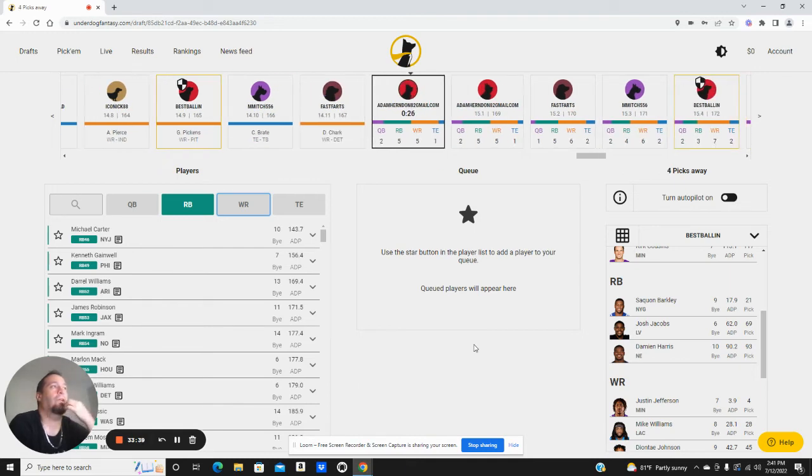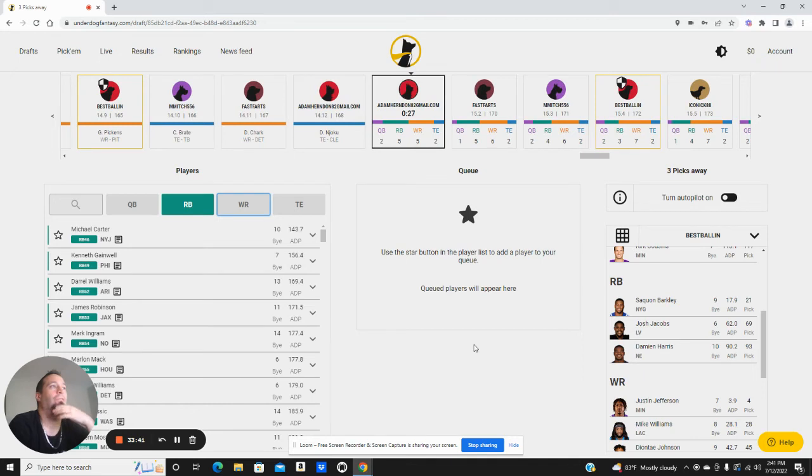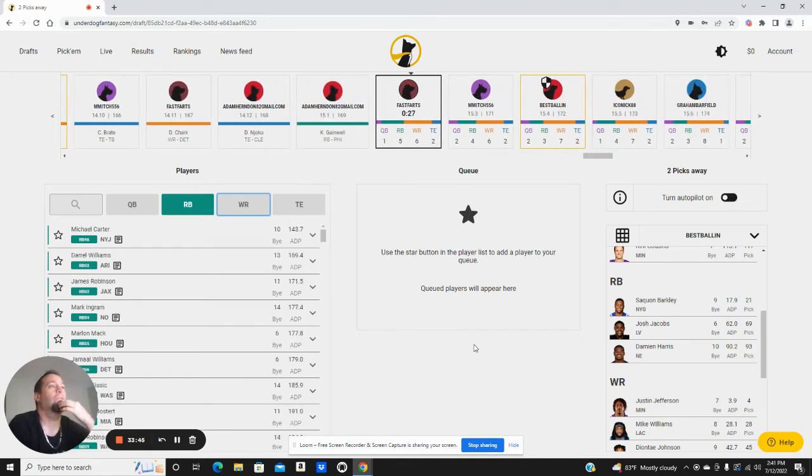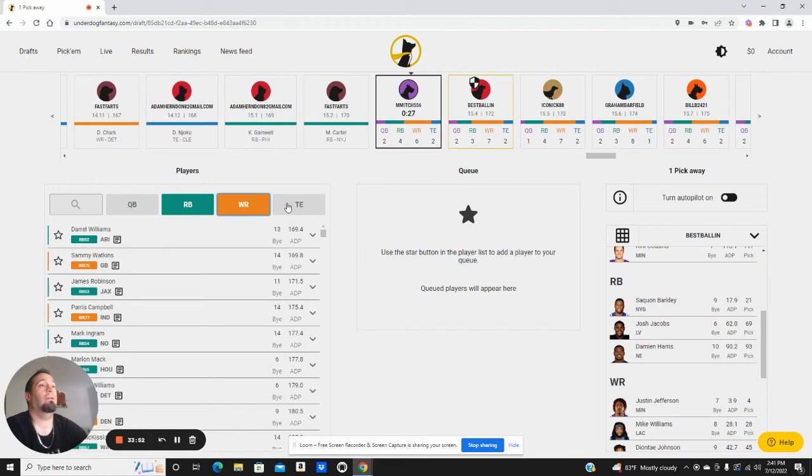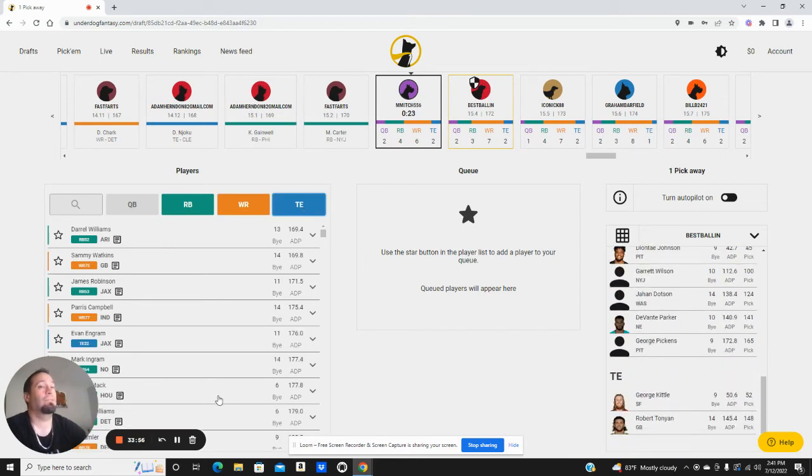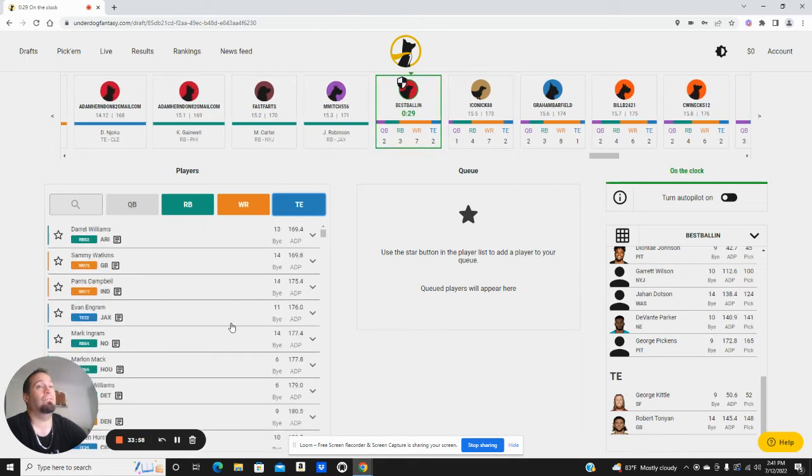Michael Carter or Gainwell interests me if one of those two is there when we pick. Gainwell's down. If Michael Carter goes, yeah, I kind of thought that would happen. Might just go with Evan Ingram. Kittle does miss a lot of time. This would kind of be our luxury pick getting spent now.